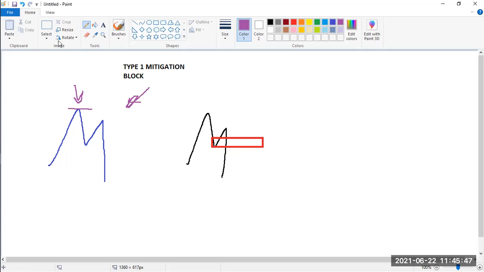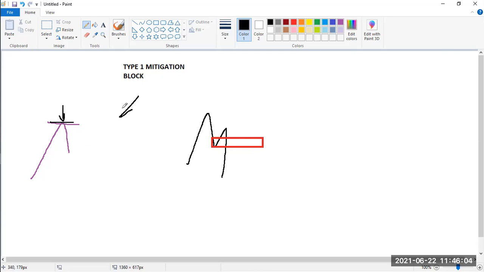But, okay, let me put it like this. Let me go back. Right, so here is where they sold. And now they want to sell again, or there are some orders which are coming into the market, but they don't want to sell here. Price is too low. So what are they going to do? They're going to put a short-term buy, with the order block here.